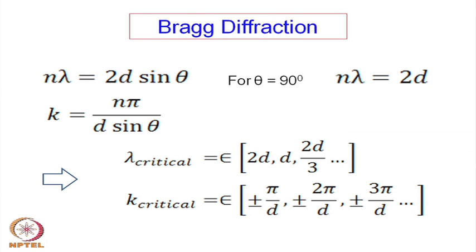This is the so called Bragg diffraction, the formula for Bragg diffraction: n lambda equals 2d sin theta, and for theta equal to 90 degrees, n lambda equals 2d. And k is the wave vector. Now, this concept of Bragg diffraction came in because of the consideration of the band model of solids